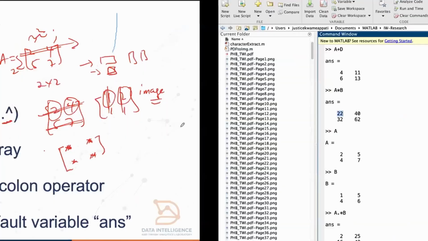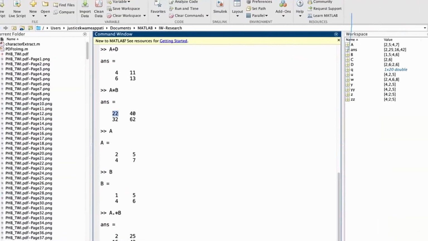Now, division will give us A dot divide B. So we shall divide 2 by 1, 5 by 5, 4 by 4, 7 by 6. So here we are. 2 by 1 is 2, 5 by 5 is 1, 4 by 4 is 1, and then 7 by 6 is this. And finally,